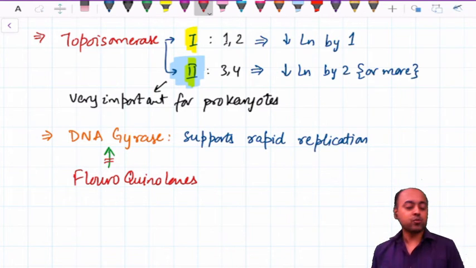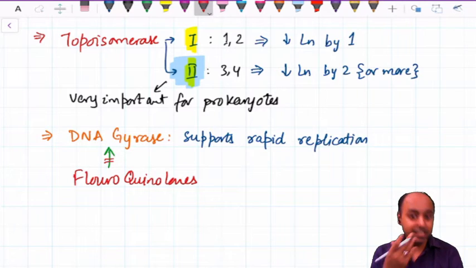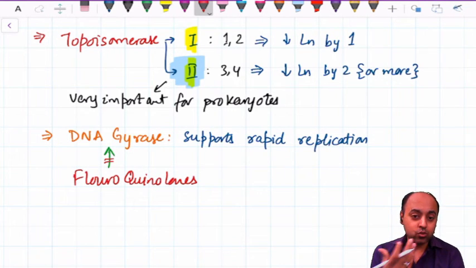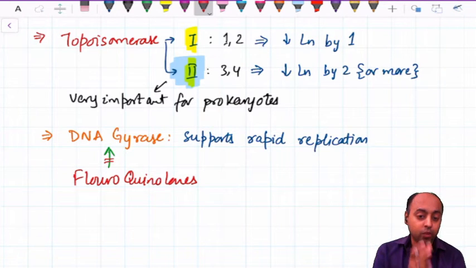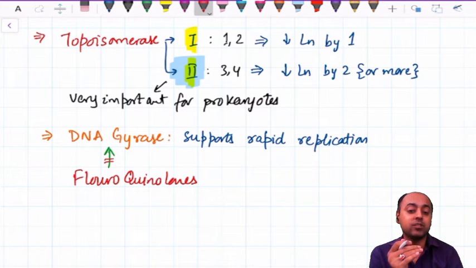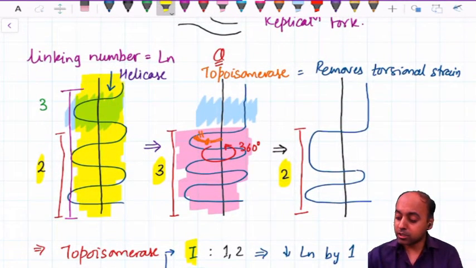So these are some extra points you should remember about the topoisomerases. Class 1 and class 2. Class 1 will decrease the linking number by 1. Class 2 decrease the linking number by 2 or even more. Class 2 will support the rapid replication, therefore they are more important for prokaryotes, and we have a group of molecules which can inhibit the DNA gyrase, which is a class 2 topoisomerase, that is the fluoroquinolones. Remember the function of topoisomerase. The topoisomerase remove